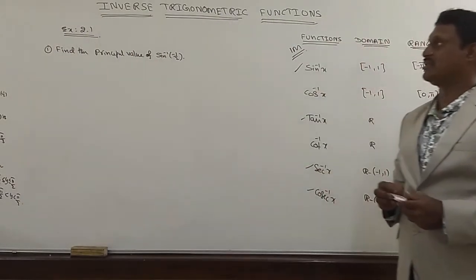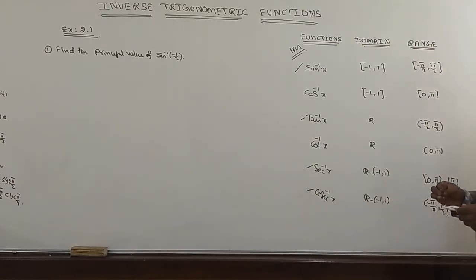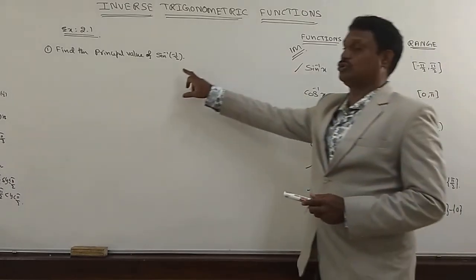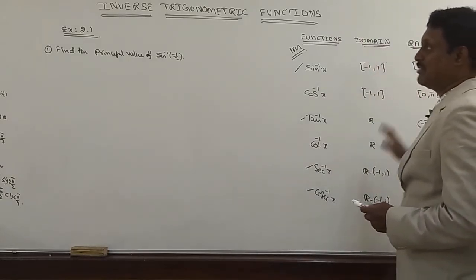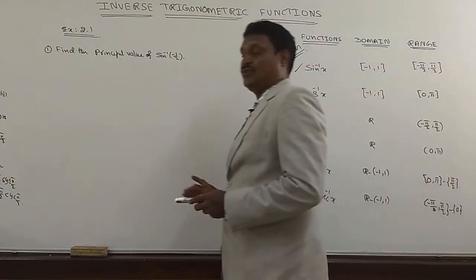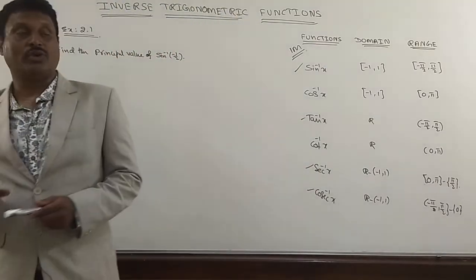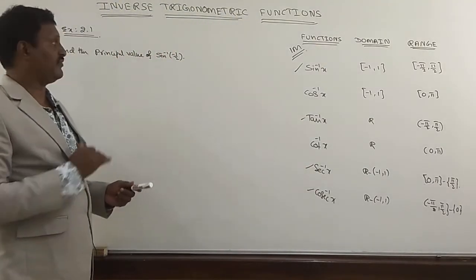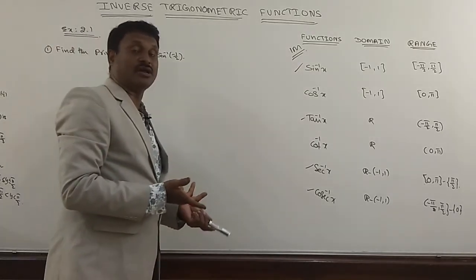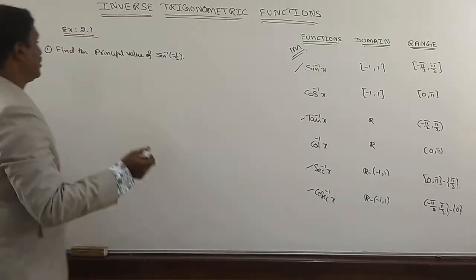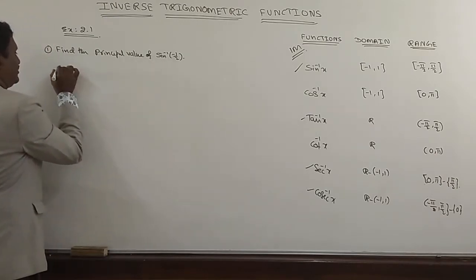Now we need to find the value of sine inverse of minus half. The value should not be less than minus pi by 2 and should not be more than pi by 2. Like that we need to find. We have two methods here. One is the NCERT textbook method, based on which we solve. Another, you can also solve directly by using the formulas. Now first method, method 1.